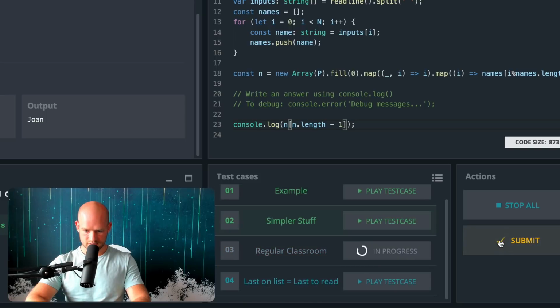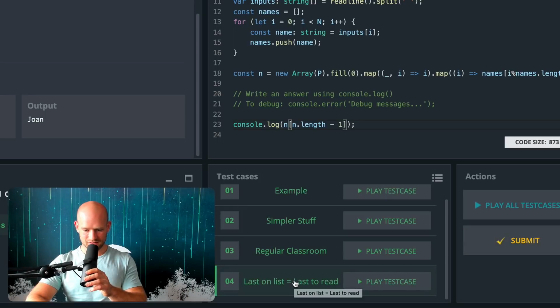Looks good. Should I submit now or should I wait for... Looks good. And I see that Ben didn't submit it yet. So